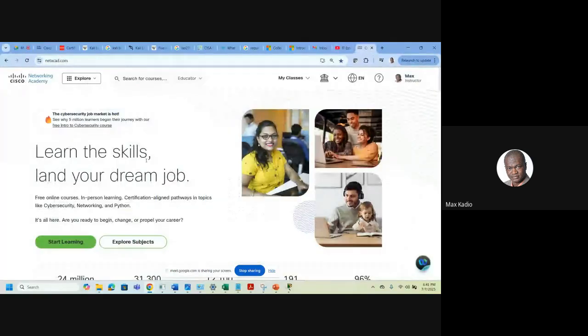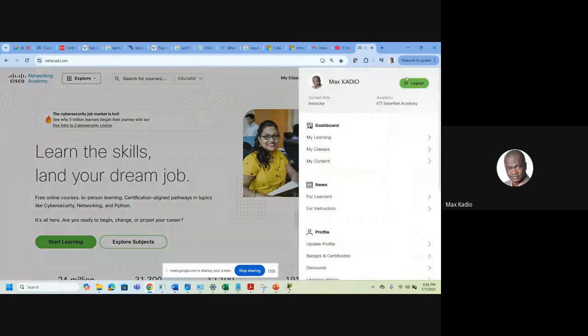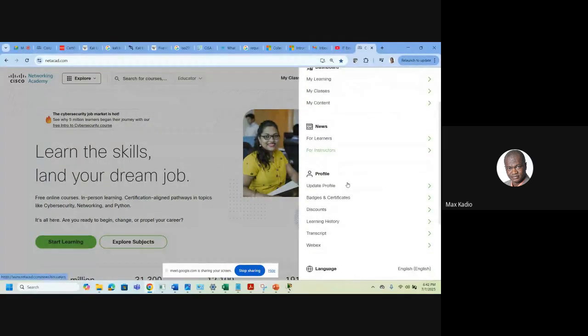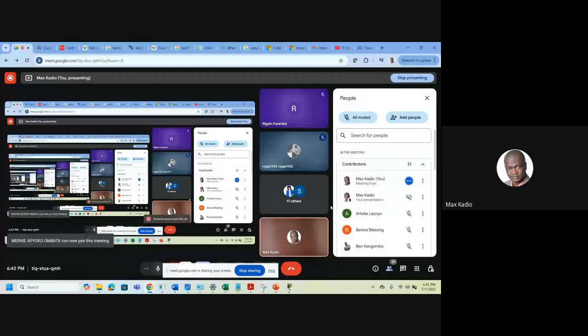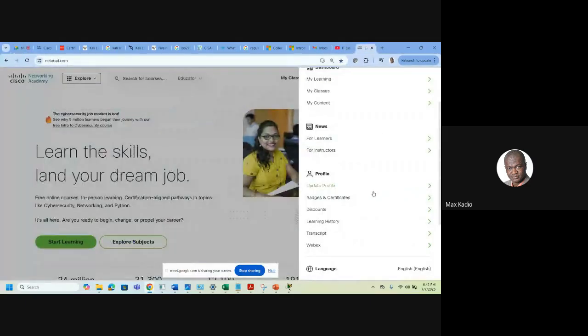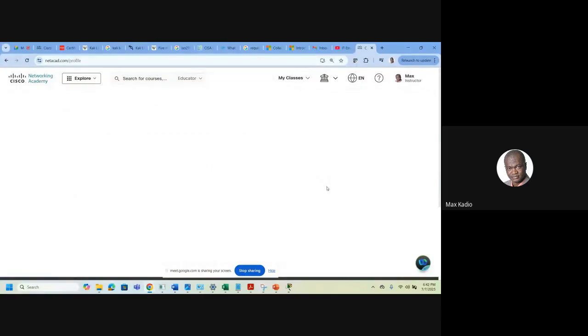So when you go in your NetAcad, on top right, you click on your picture, you go down, and you click update profile.